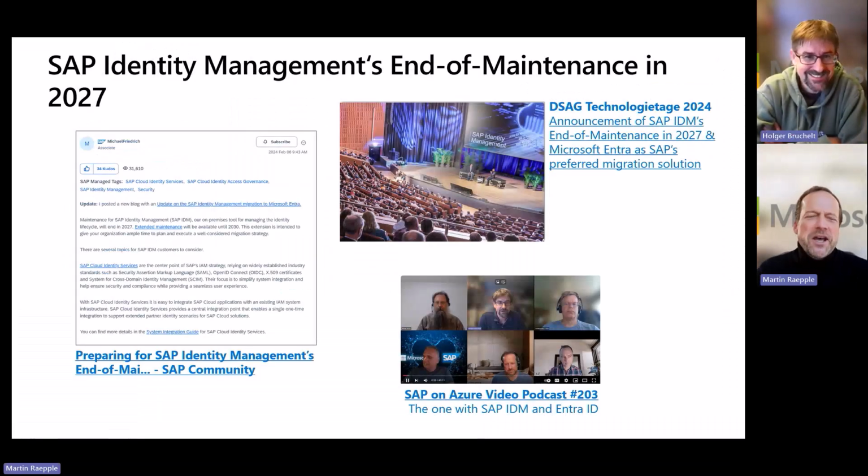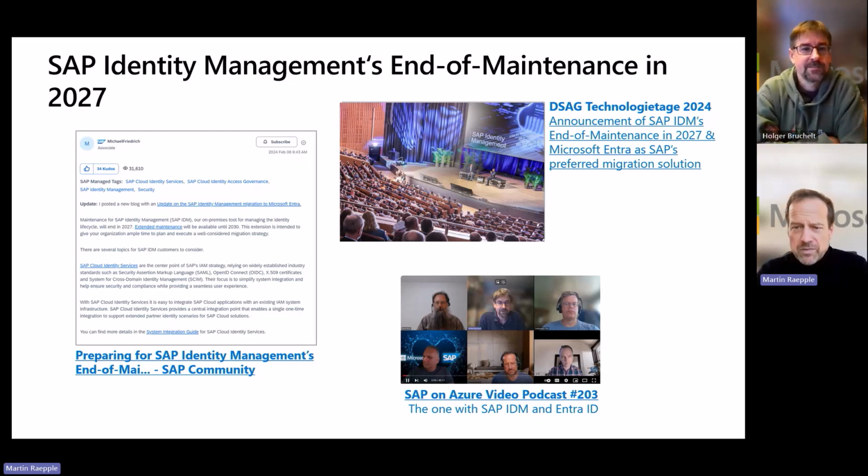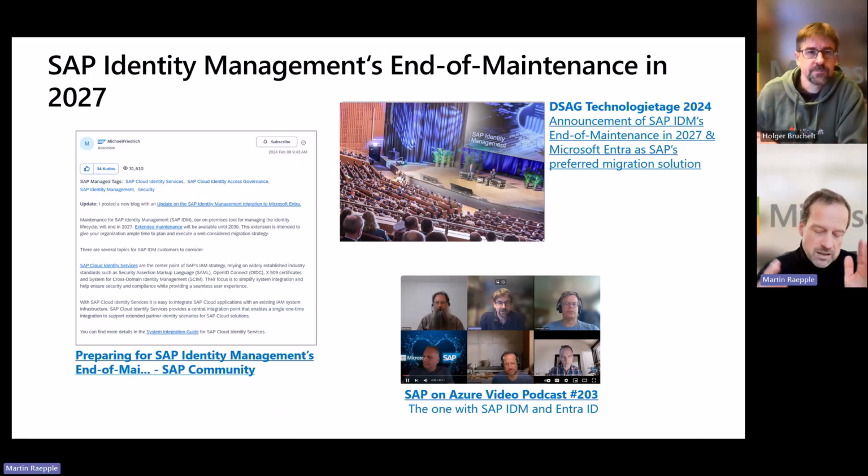Good, all good. So yes, there was this announcement made in 2024 at the DSAG Technologietage, a tech event organized by the German-speaking SAP user group, where at that time Jürgen Müller announced that SAP will discontinue maintenance of their SAP Identity Management products by 2027 with an extended maintenance option until 2030.